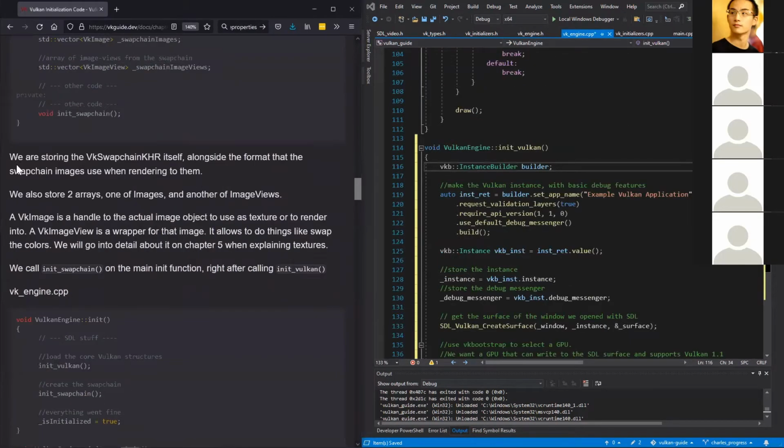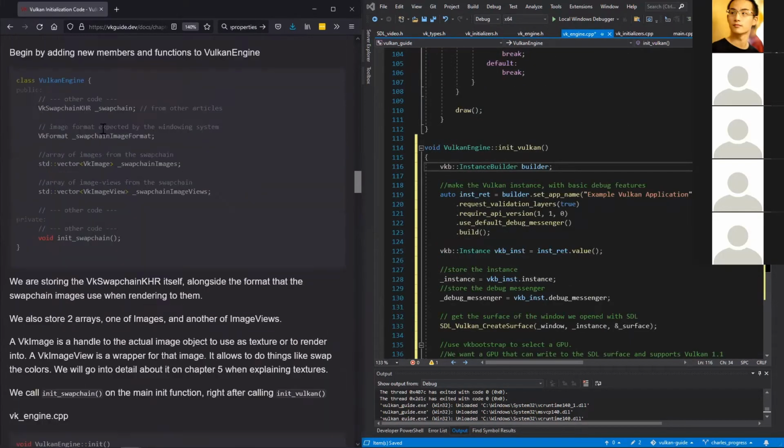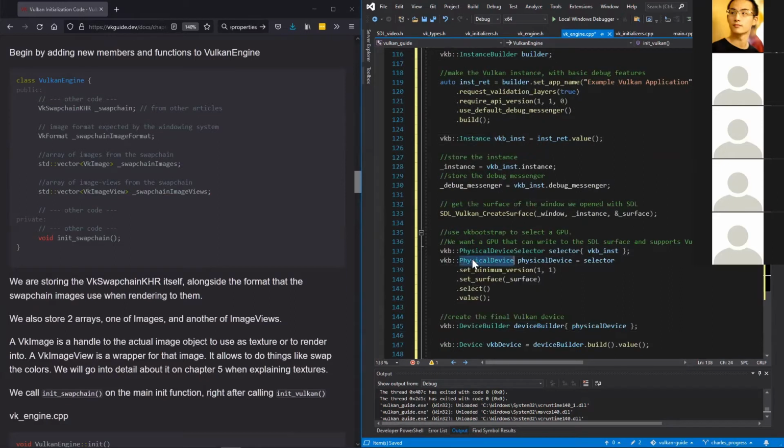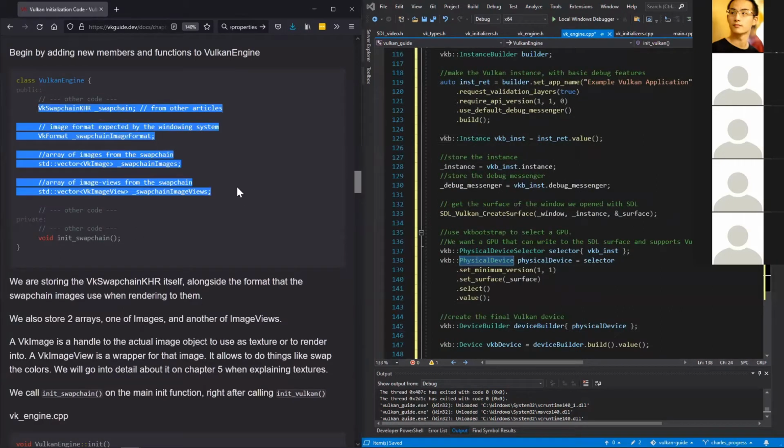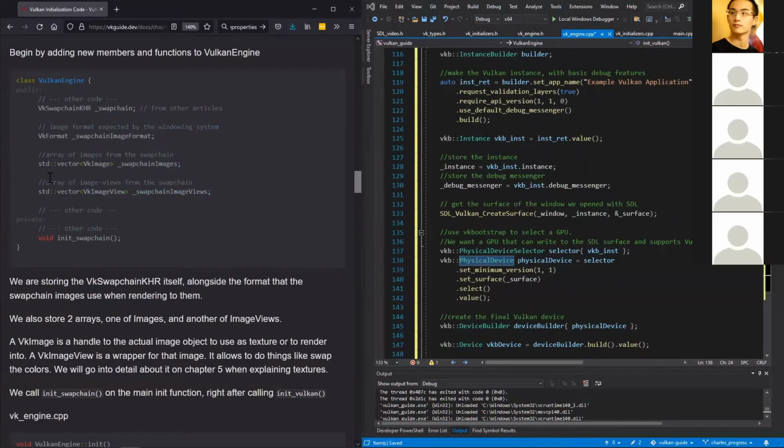And then since we're going to be pulling out there is a VKB swap chain object like the VKB instance and physical device, but we're going to be pulling out all of that stuff into our own structs. Since the swap chain is a chain of images, i.e. an array, we're going to use a std vector to store the image. In Vulkan, the VK image is like a pointer to memory, whereas a VK image view is a,